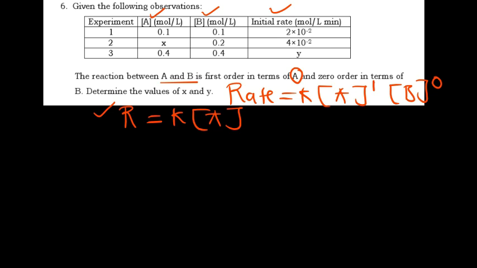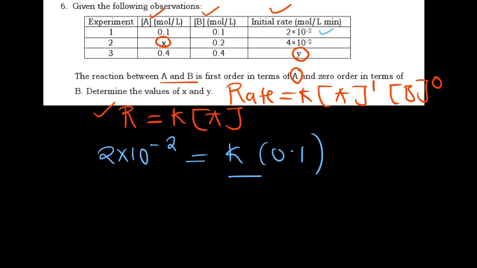Now, for us to find the values of x and y, how do we go about it? It means we're trying to find the value of R and A respectively. We have to look at experiment 1, because in experiment 1, all the values are known, so we can therefore find the value of k. So let's substitute. For experiment 1, the initial rate was 2 times 10 to the power negative 2. The value of k we don't know. The value of A, which is the concentration, was 0.1. So divide by 0.1 on both sides. So here you notice that the value of k is going to be